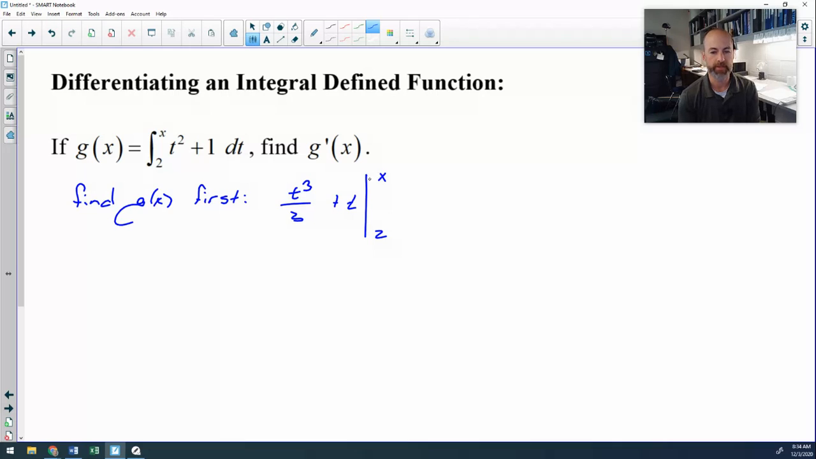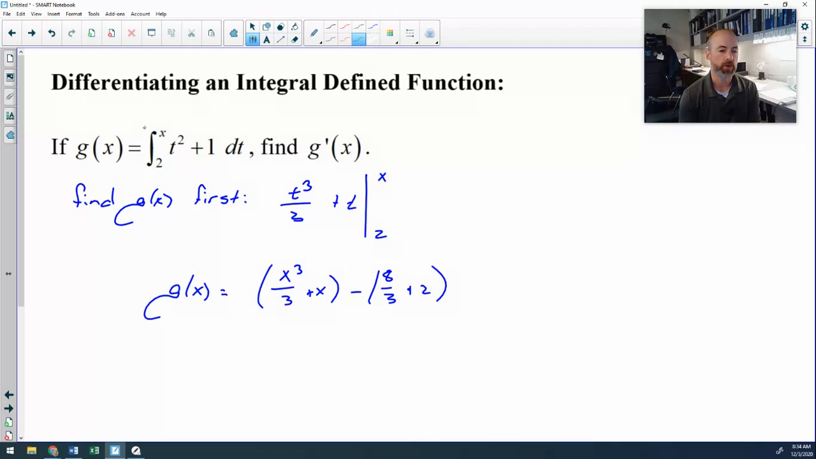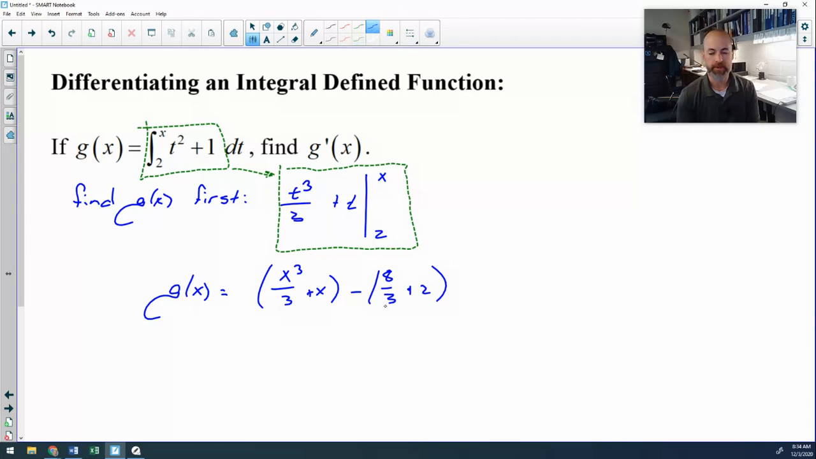And so I will plug in the upper limit, x cubed over 3 plus x. I will plug in the lower limit. 2 cubed is 8 over 3 plus 2. And that is an expression for g of x. So all I did to get g of x is I computed the antiderivative and evaluated it based on the limits of integration. If you want to, we could simplify 8 thirds plus 2. That ends up being 14 thirds. So my function g can clean up to x cubed over 3 plus x minus, and double checking that,